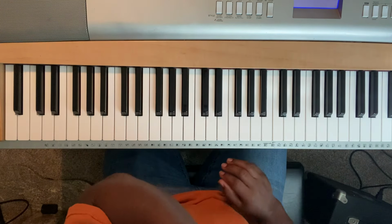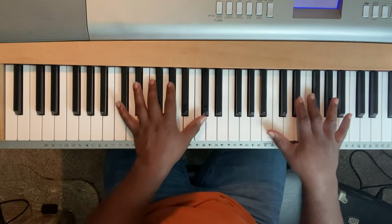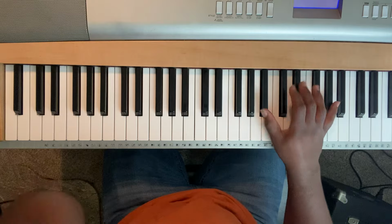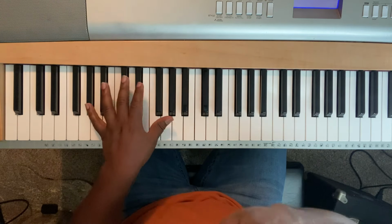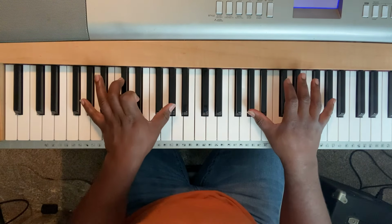Okay, now once you get to that part, obviously you hear that transition, right? That chord progression right there. What that is, you're walking after you did that 1, 6, 5, 1 movement. Once you get to that part, I have to cry sometimes. You're actually walking from the 1,